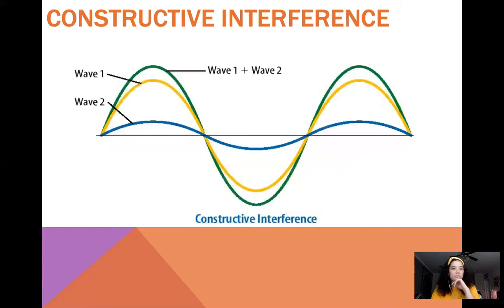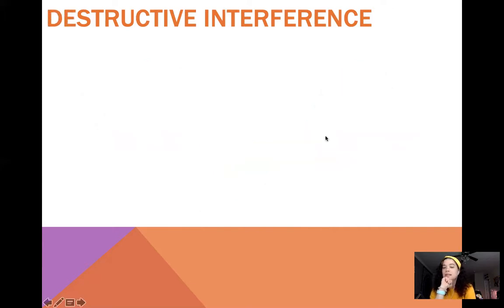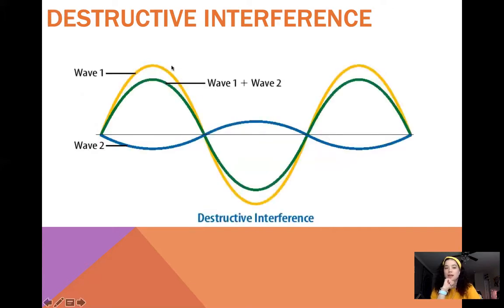The key with constructive versus destructive: in constructive interference, you're going to wind up with a large wave because the crests add together to make a larger crest. The troughs add together to make a larger trough. In destructive, we've got a crest and a trough. So if I've got something high and then something low, when they come together and we add them up, we get a smaller number. It's like adding a positive and a negative number. You wind up with a smaller value. So there we go.